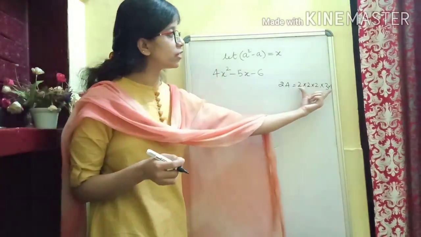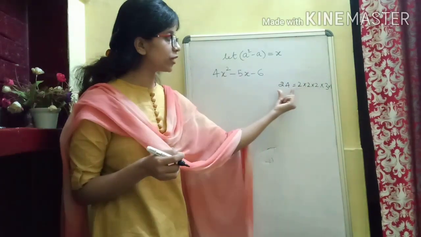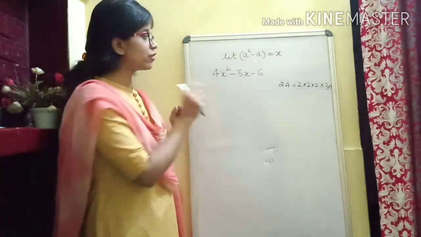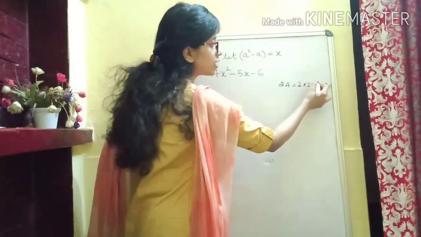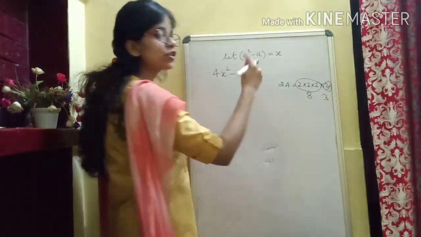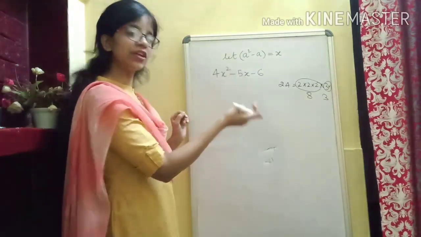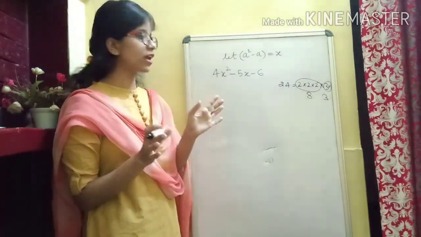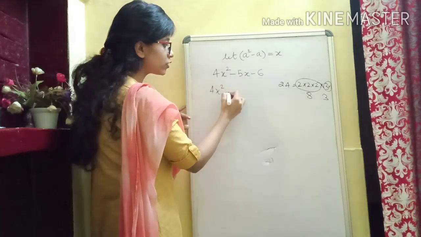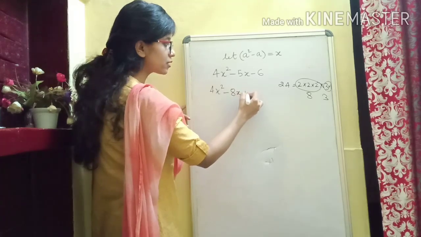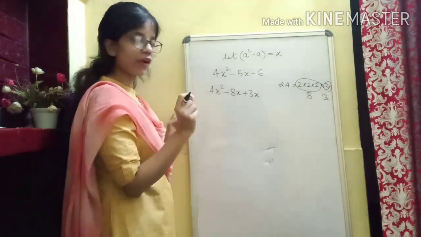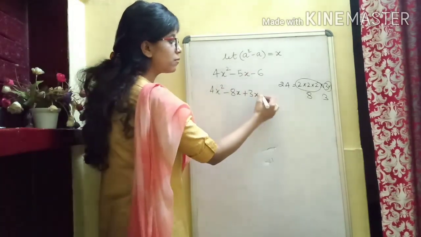So here we have written the factors of 24, and now we have to split them into 2 such numbers to get minus 5. Mind it, we want minus 5. So what if we take all these 2's together to get an 8, and 3 into 1 to get 3. So 8 minus 3 will give you 5, but then 3 minus 8 will give you minus 5. This we have seen. So here 4x square. Now to get minus 5, it would be better if I write minus 8x and plus 3x. Minus plus minus, 8 minus 3 will give you 5, but with minus sign, and then minus 6.